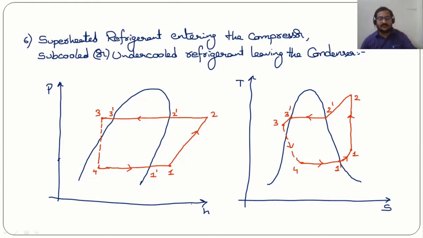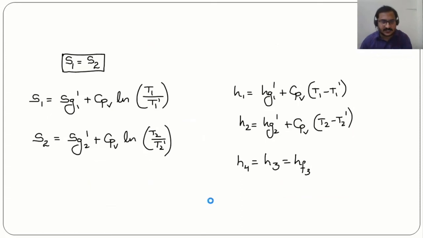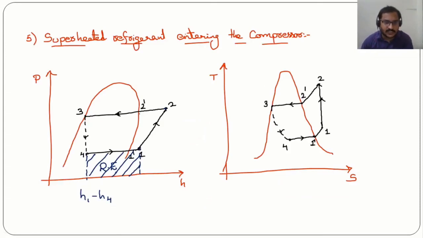Now if you observe the previous case and this case, I have told you that without variation in the highest pressure and the lowest pressure of the cycle, that means the amount of work input that we are giving from 1 to 2, we need to improve the efficiency or COP. So in order to improve that, we need to improve the refrigerating effect. So work input to the compressor should remain the same. So refrigerating effect should increase.